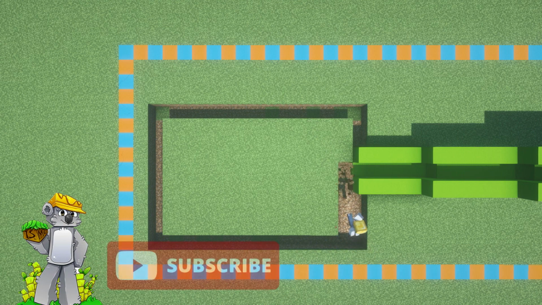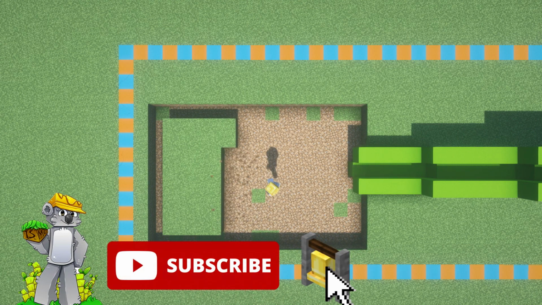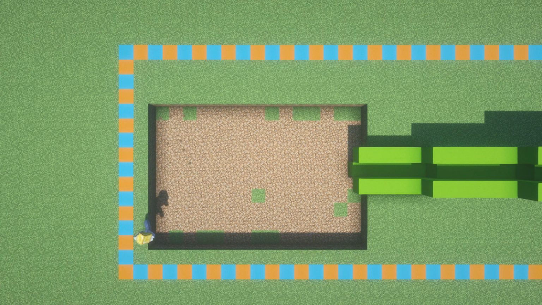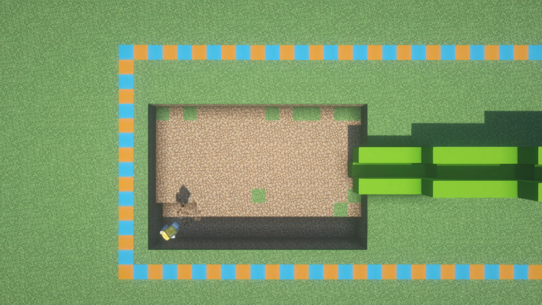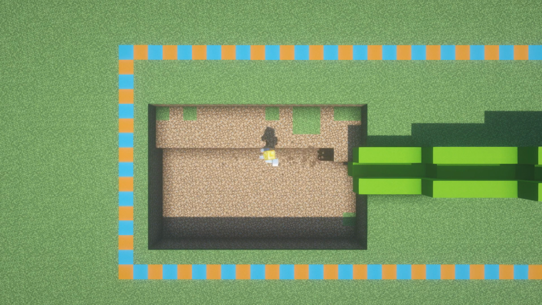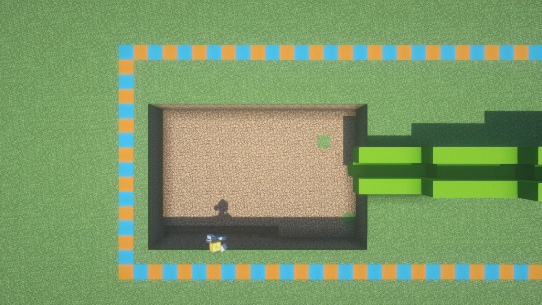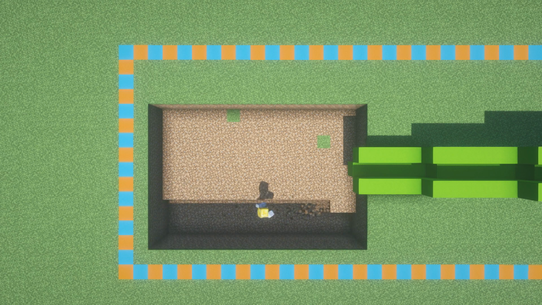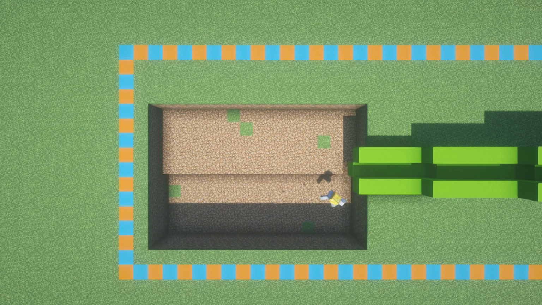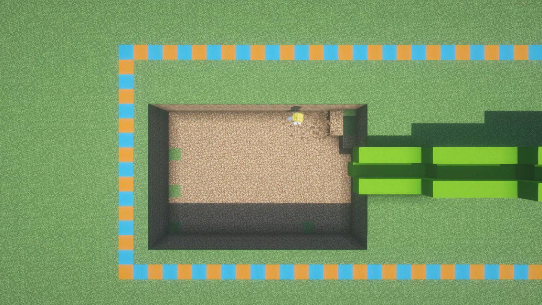So for this next part, we are simply just going to dig out the center of the pool area and just underneath the slide where necessary. And once we have dug out this entire area, we will be left with a big chunk of empty land. What we will then do is we will take this large empty rectangular shape, dig an additional 2 rows down